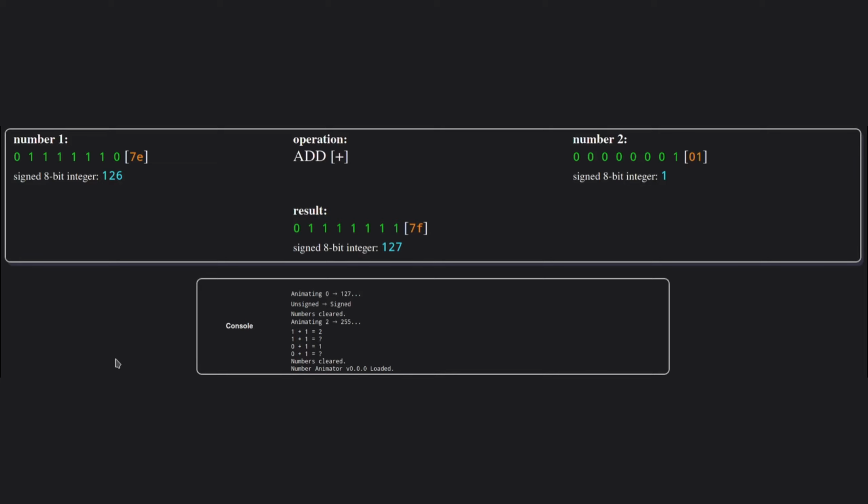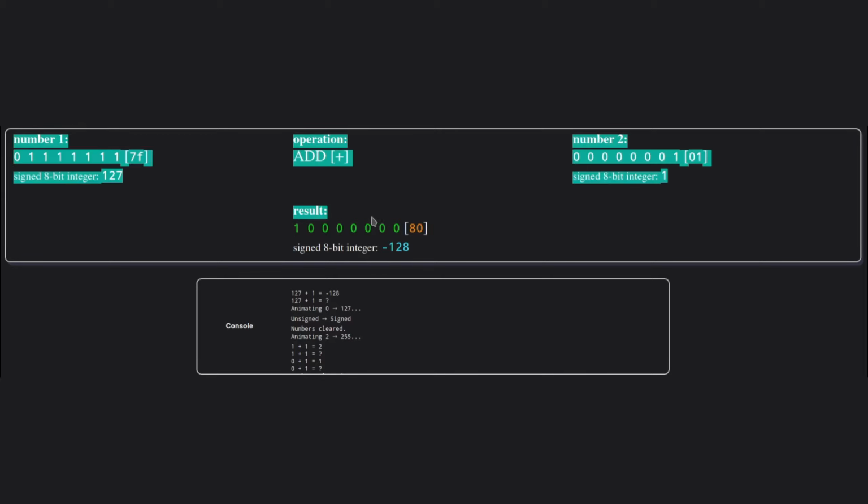However, if we treat this as a signed 8-bit integer, and we just add 1 more in binary, we actually end up with negative 128. Despite our hex representation being what would be, I guess, regular 128, and our binary as well,